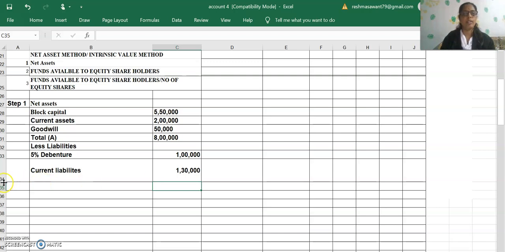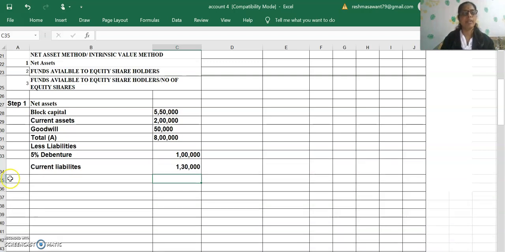So the total of current liability and the 5% debenture, that is outsider liability, and current liability is also considered as an outsider liability. So the total of B is 1 lakh plus 1,30,000, that is 2,30,000. So net asset will be